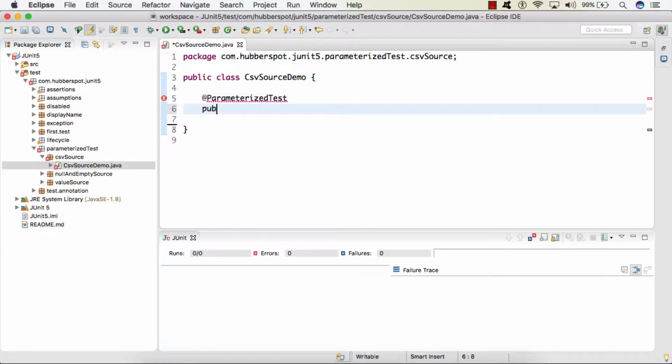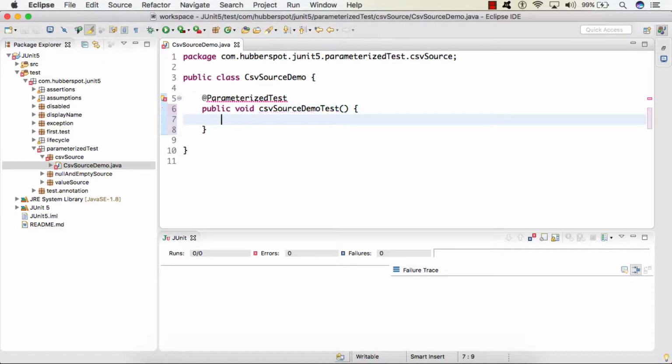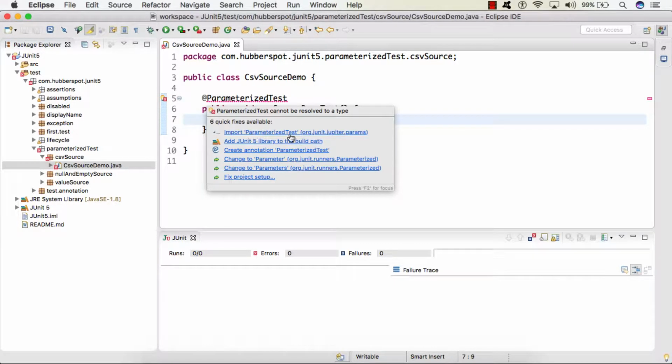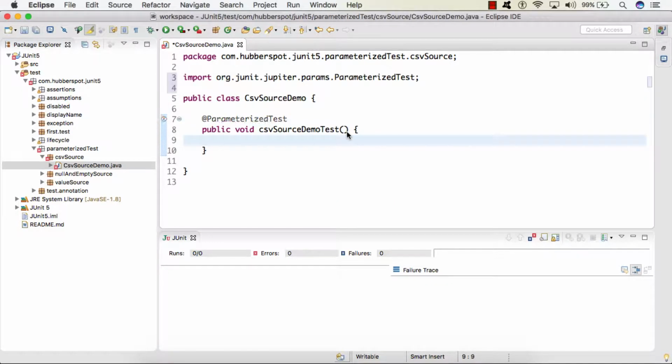We'll create a method called csvSourceDemoTest. Here I will be importing @ParameterizedTest from the org.junit.jupiter.params package.